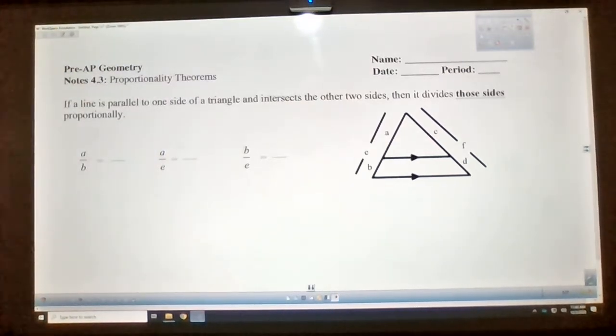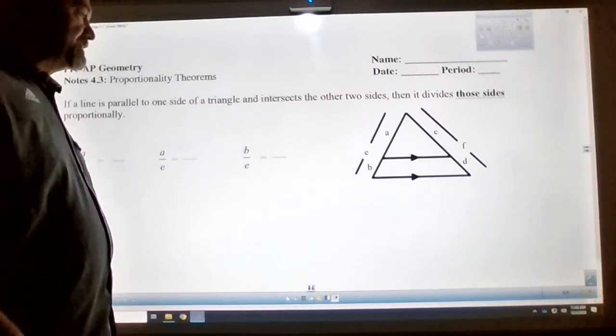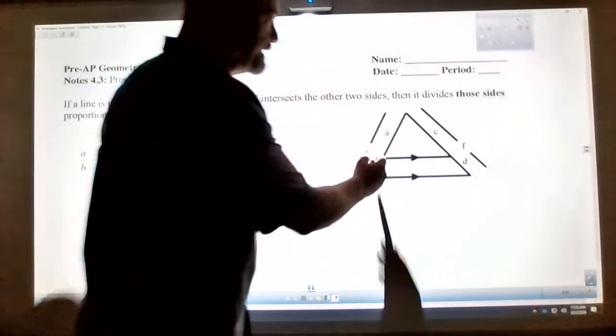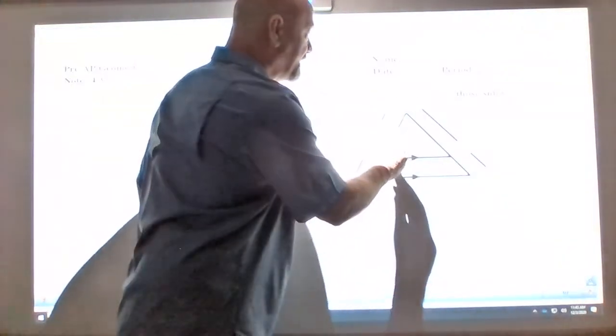Okay, today we're going to talk about proportionality theorems. If a line is parallel to one side of a triangle and intersects the other two sides, then it divides those sides proportionally. That means that this line is parallel to this line, so that means that